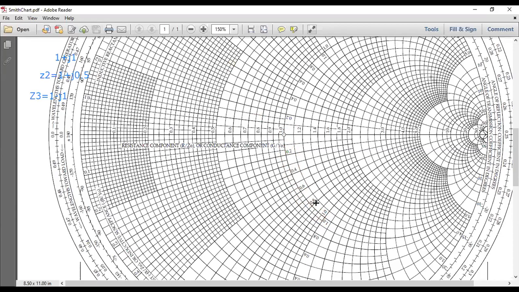Okay. So here 1 minus j1, here I'll get this point is 1 minus j1. This point is 1 minus j1. So here, similar to this, we can plot the impedances. So anyone, you can suggest any impedance so that we will try to plot that impedance. Anyone just suggest any impedance, so we will try to plot it.